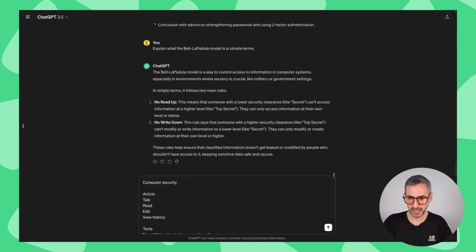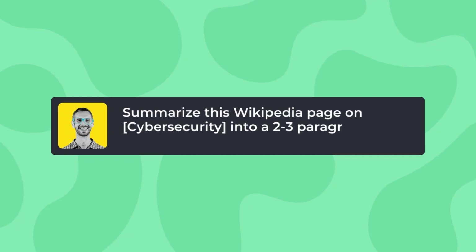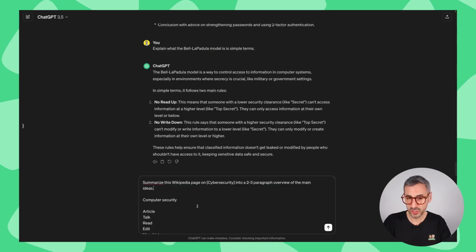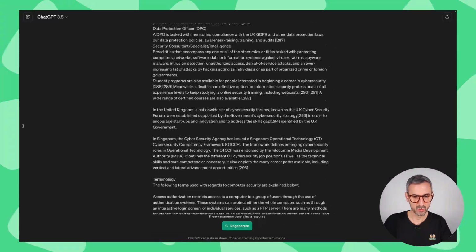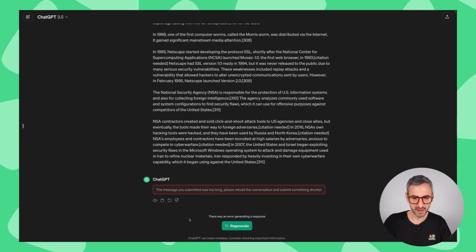Come all the way back to the top, and then write a simple prompt saying, summarize this Wikipedia page on cybersecurity into a 2 to 3 paragraph overview of the main ideas. I'm not sure this is going to work. So if I run this prompt, you see an error was generated. The message you submitted was too long. Please reload the conversation and submit